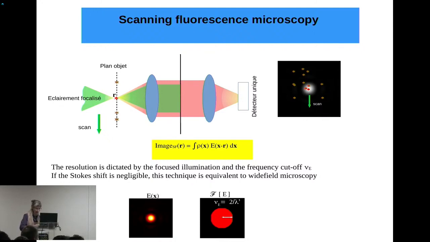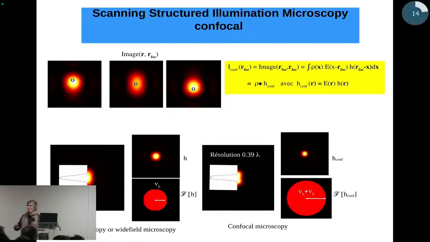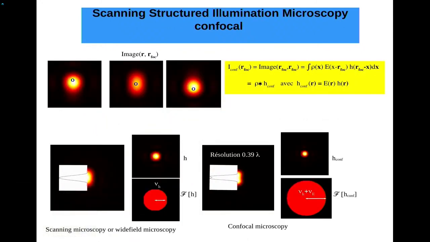Of course, you can do better. It's too bad to remove all the information that is contained in the different images, no? It's too bad. Okay, so now, instead of integrating the intensity at each focus position, you can take the intensity exactly at the position of the focus, okay? So here is the position of the focus for the first image, position of the focus for the second, position of the focus for the third image. In this case, you build your image in this way.